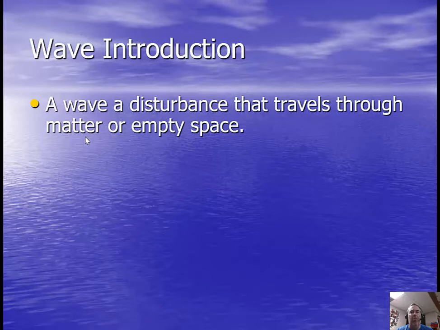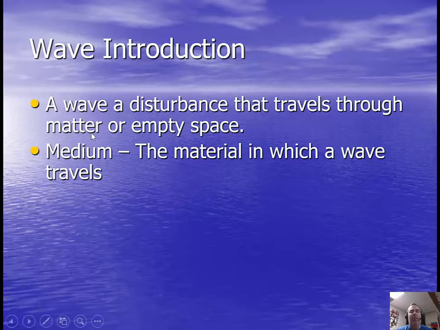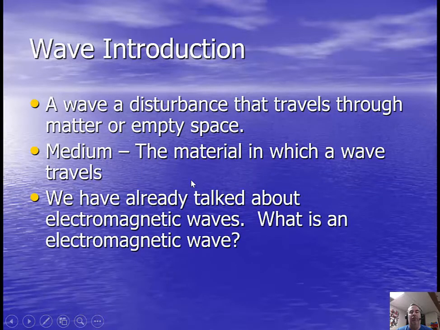Now, when we're talking about water, okay, it's moving through a material. But if we're talking about sunlight, between the sun and the earth is absolutely nothing. Some waves can travel through empty space to reach their destination. That matter or material that you sometimes find a wave moving in is going to be called a medium, and it's just the material in which that wave is traveling. So if you have a train on a track and you feel those vibrations, it's traveling through the rail. If we toss a rock into water and that water starts to ripple, that wave is going to be in the water. So it's the material in which that wave is traveling.